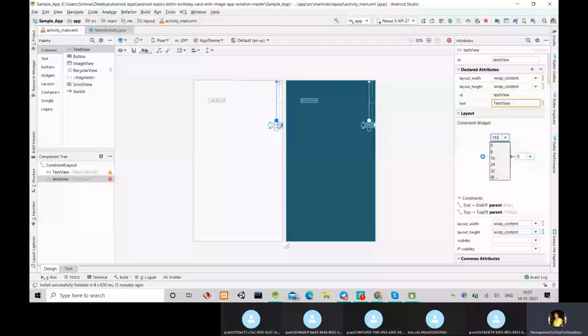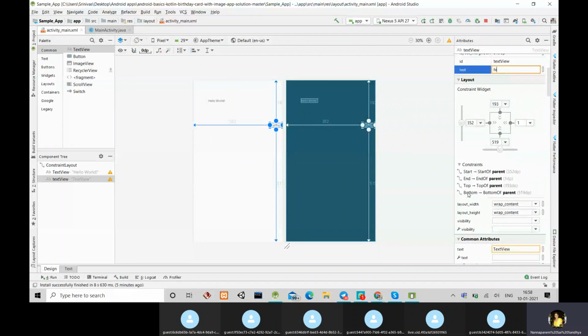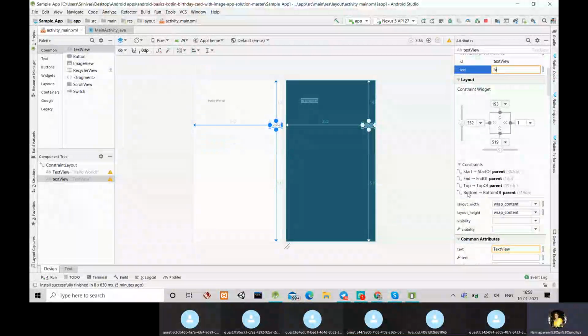So, and we can also change the text name from here, and we can change the font sizes, font family, text sizes, text names, text style. Everything can be changed over here. Before going to this, let's download or install the